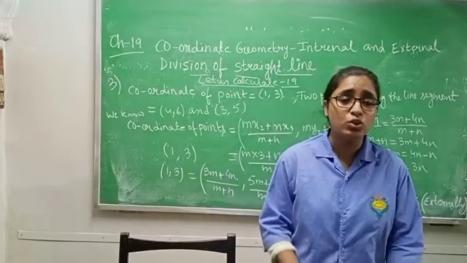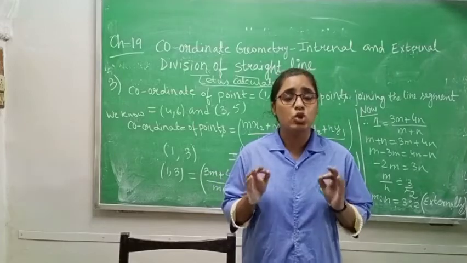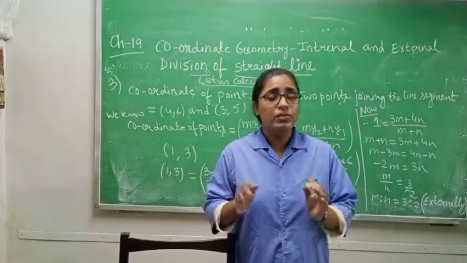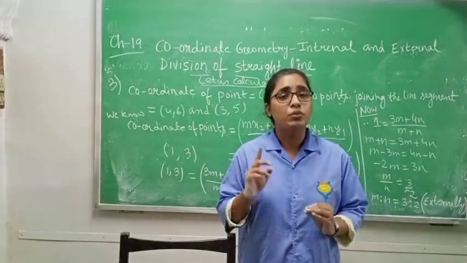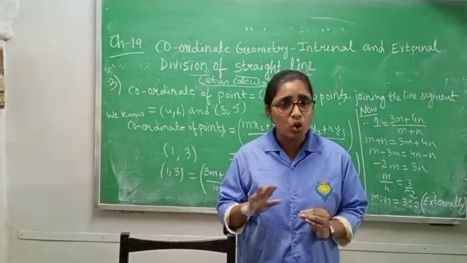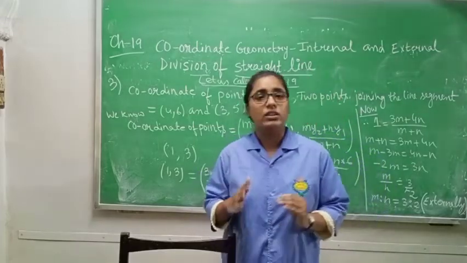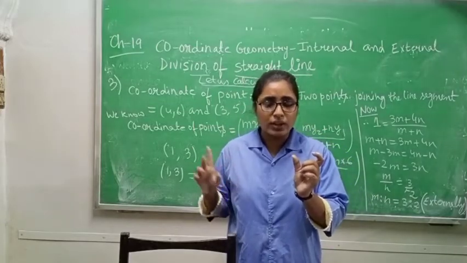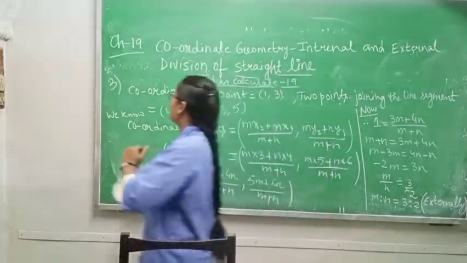Now when they ask you to find the ratio, one more thing class 9: in this question it is not mentioned whether it is divided internally or externally. When it is not mentioned, at that time you will use the internal formula. Which formula will you use? The internal formula, because the question does not mention whether it is divided internally or externally. Okay, so the coordinate of the point is (1, 3) and the line joins the points (4, 6) and (3, 5). Now come to question number 3.